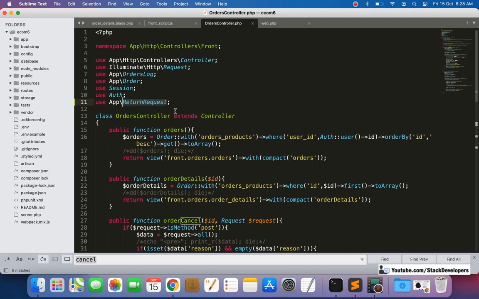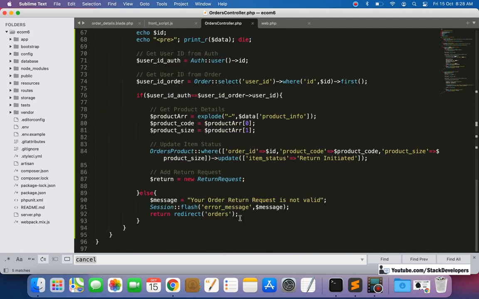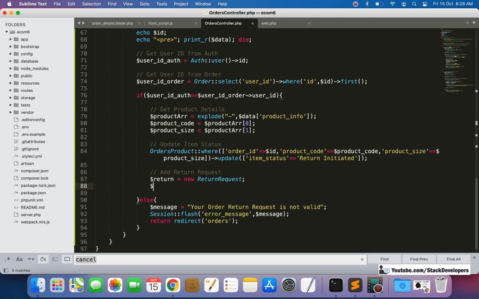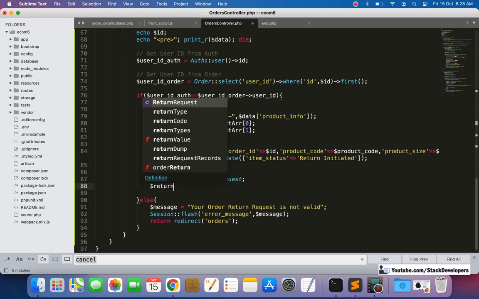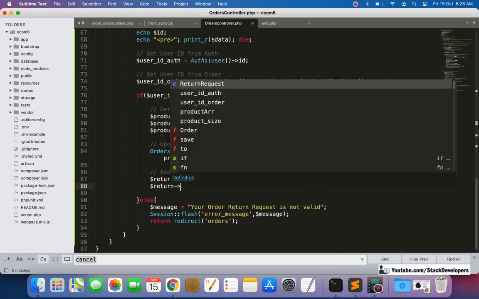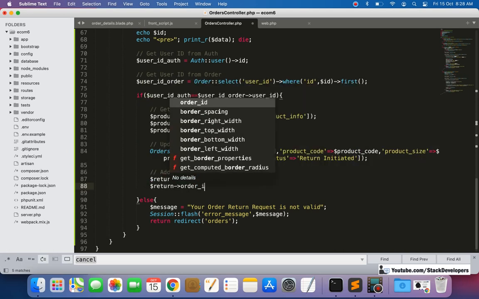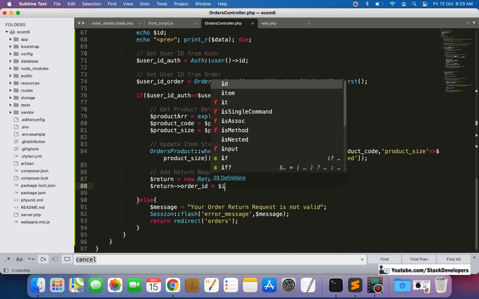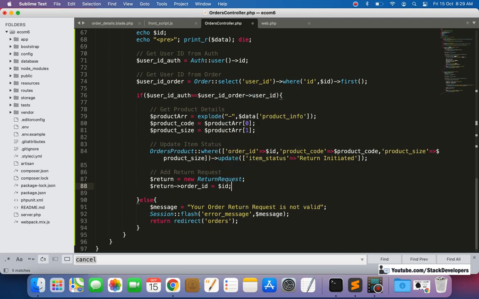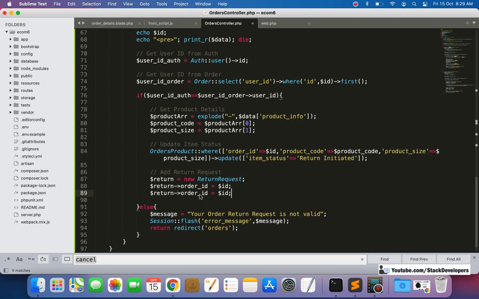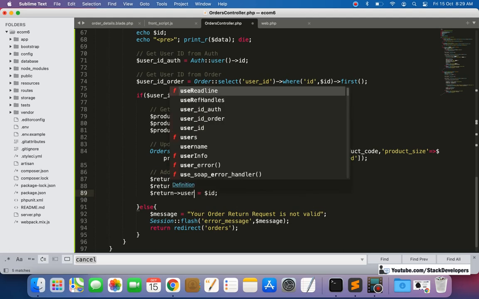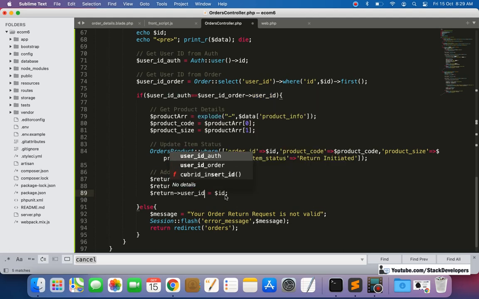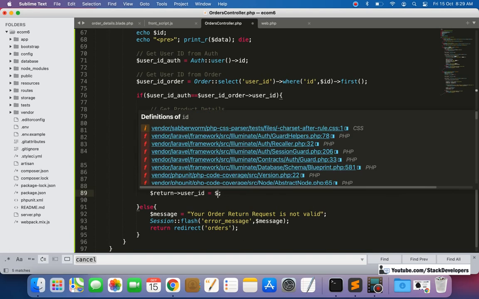If you started the project in Laravel 8, then it will be in Models. Here a few things we need to add in this table. First one is the order id, the $id. After that, user id, which is coming from auth.